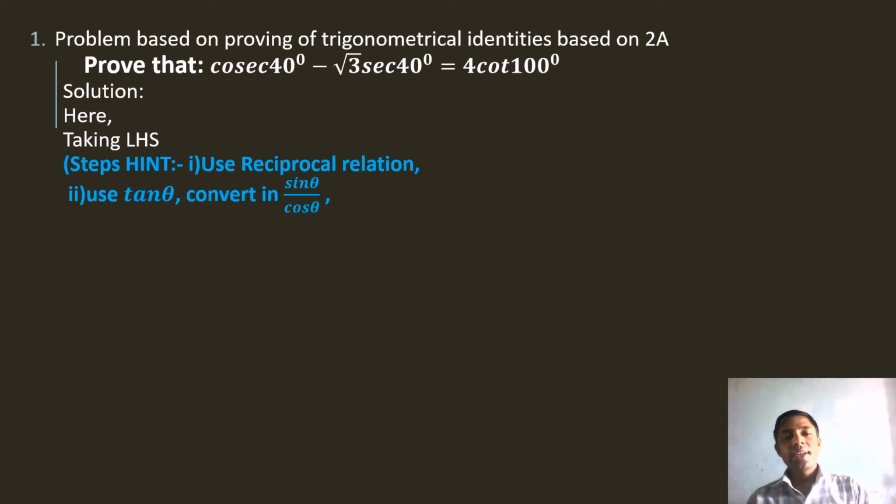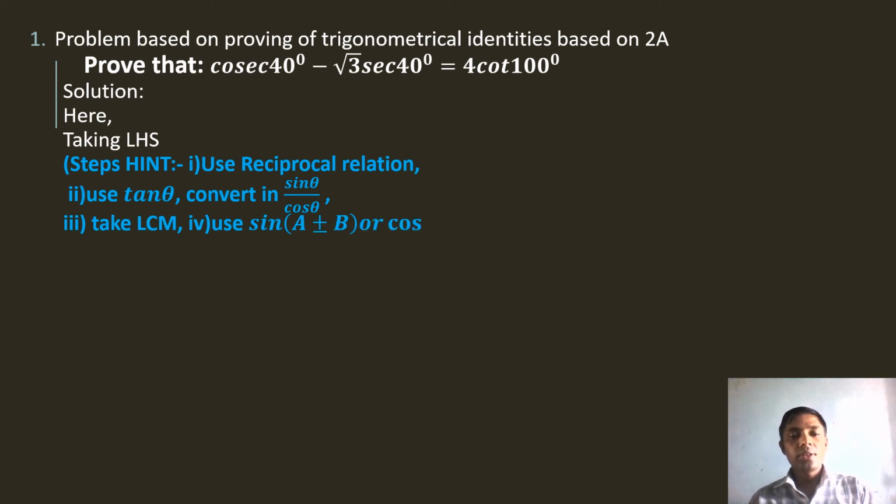So as we will get in sine and cos format, we will see the known value of tan and accordingly convert in tan theta, and that tan theta we will write in sine and cos form. So next step, we can take LCM. Take LCM, and the next step is to use the sin A plus B formula or cos A plus minus B formula in the numerator. In the numerator we will get this form as we take LCM. Then for the numerator we are using the formula sin A plus minus B or cos A plus minus B.